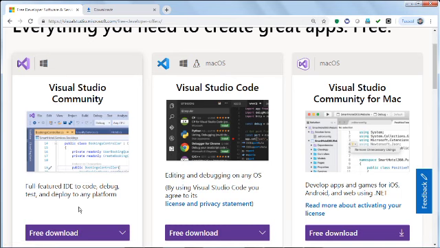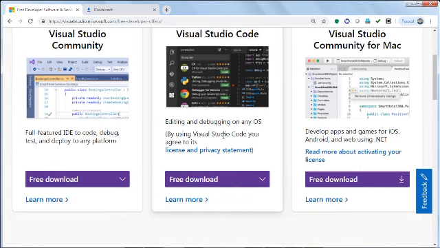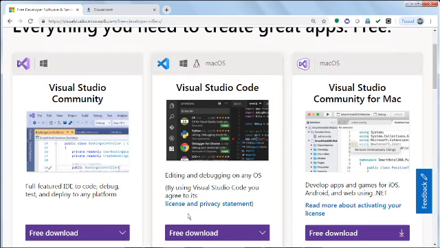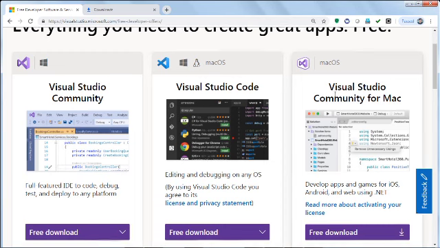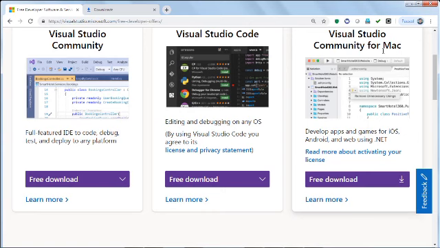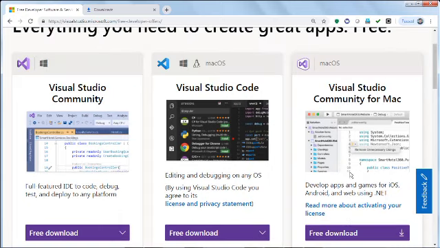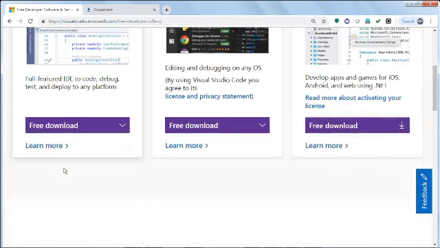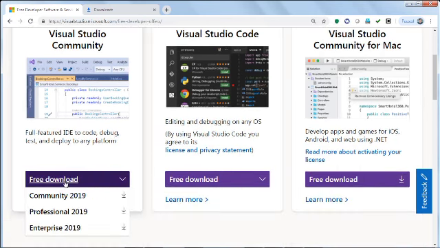This is for Windows, this for Mac OS, Microsoft Visual Studio again, and one of these Visual Studio community for Mac, that means again this is for student only. So you can download this studio also for Mac operating system development, and this is for Visual Studio development for Windows operating system.